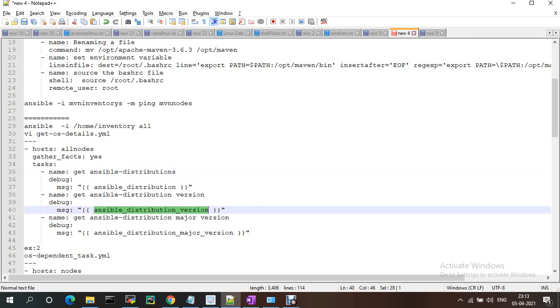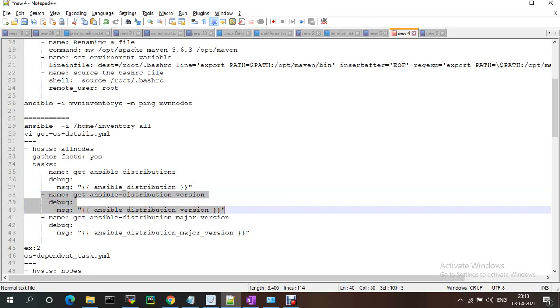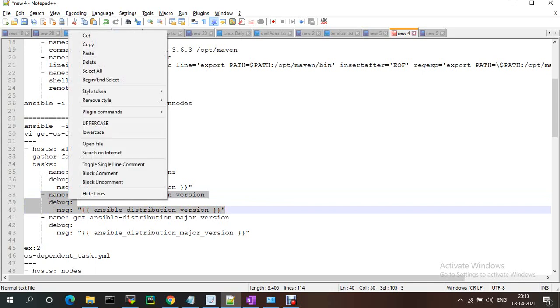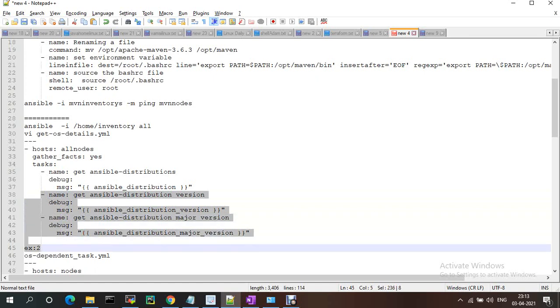I just need to print this one, and if you want, you can check the major version also. I'm giving these two at a time.